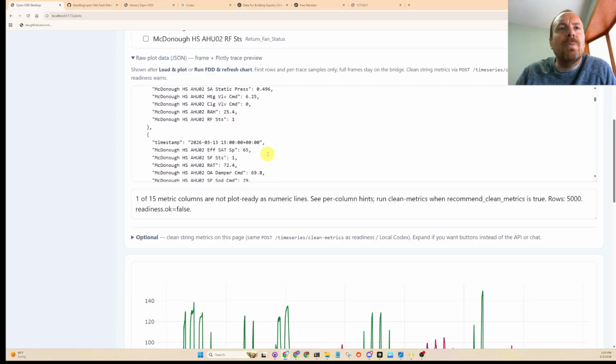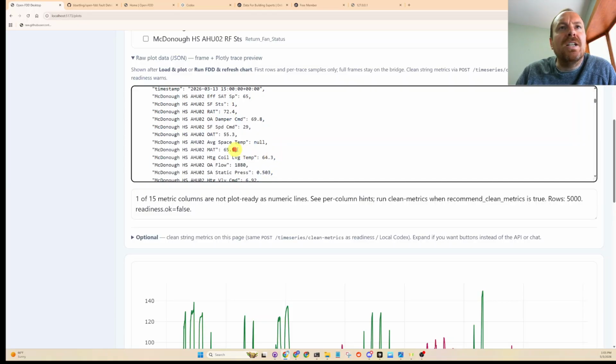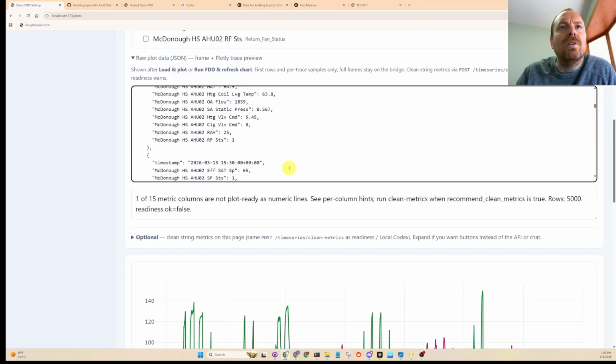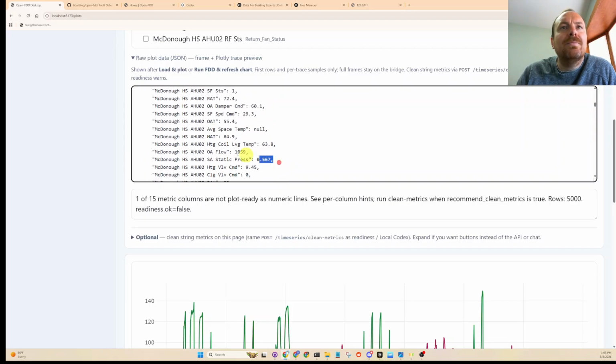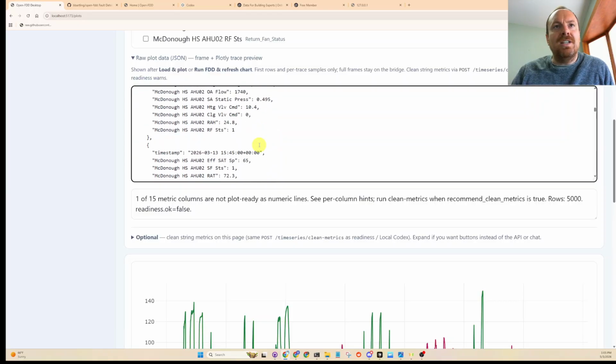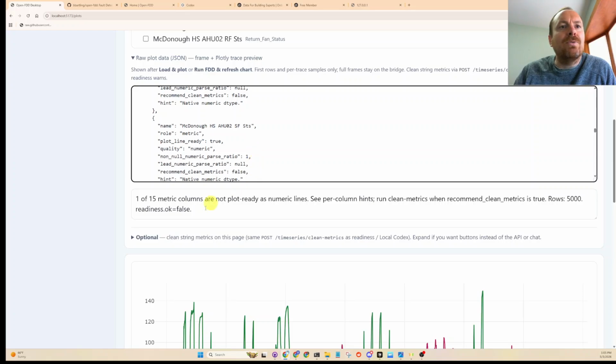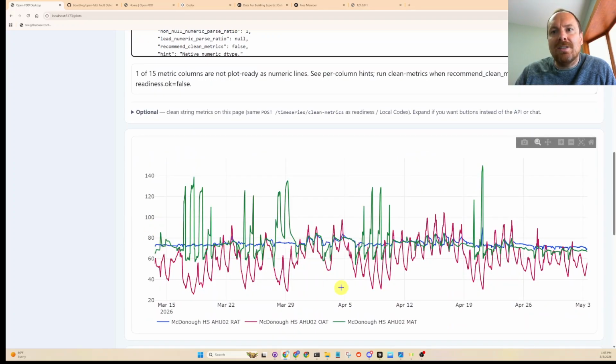Yeah, cool. If you remember, it cleaned all that stuff, which is really cool. That would take, depending on how nasty the data is, an analyst half a day, a day, to clean a really nasty data set, especially if it's new and it's not one they're used to working with. And now I can see plots. So here's a mixed air temperature sensor, outside air temperature sensor, and